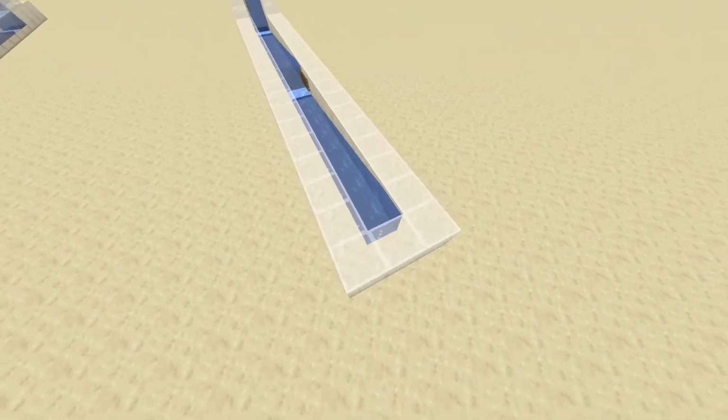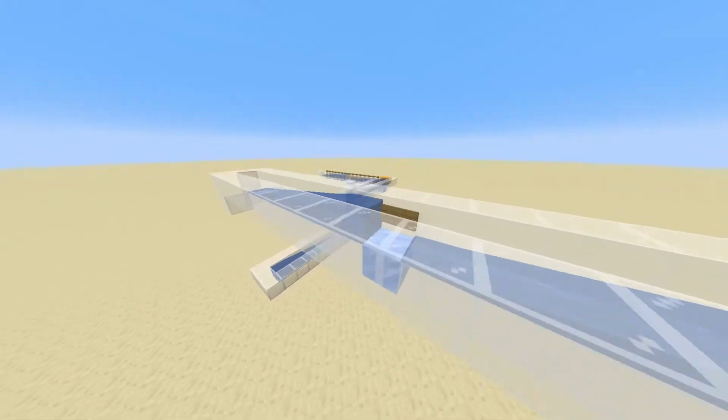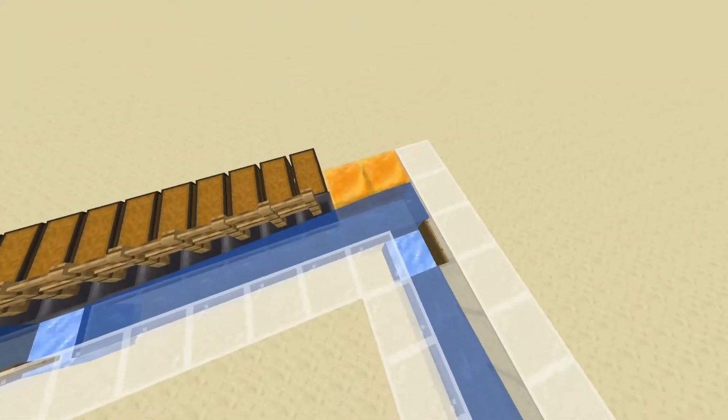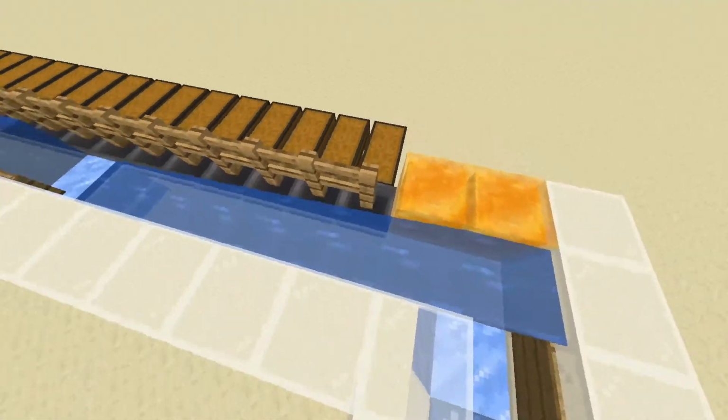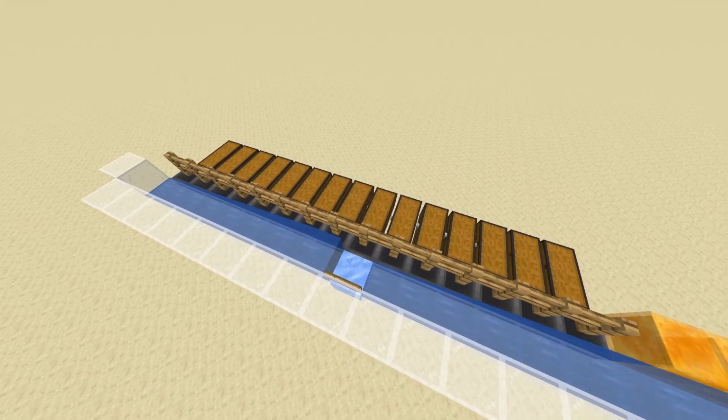So there you have it, we have water-powered item streams that can go across just like normal, they can go up, they can go down, they can go up again, they can make turns like so. They can also align items on the side so they can get picked up by hoppers, and you can integrate this into a completely functional storage mechanism.